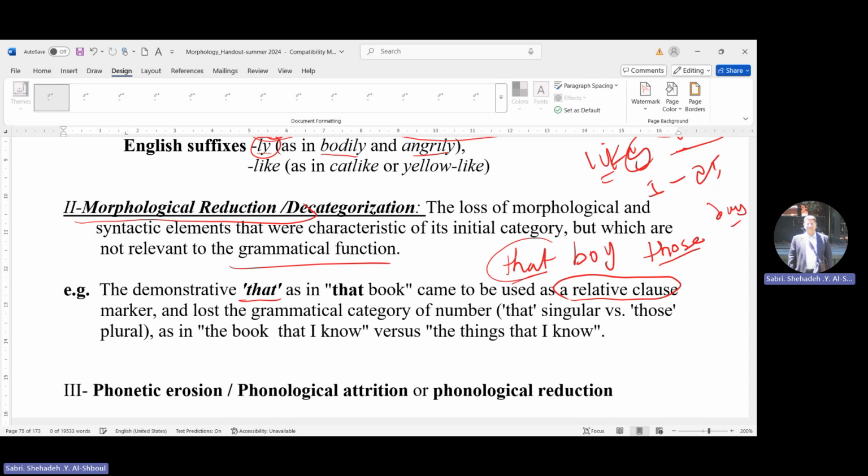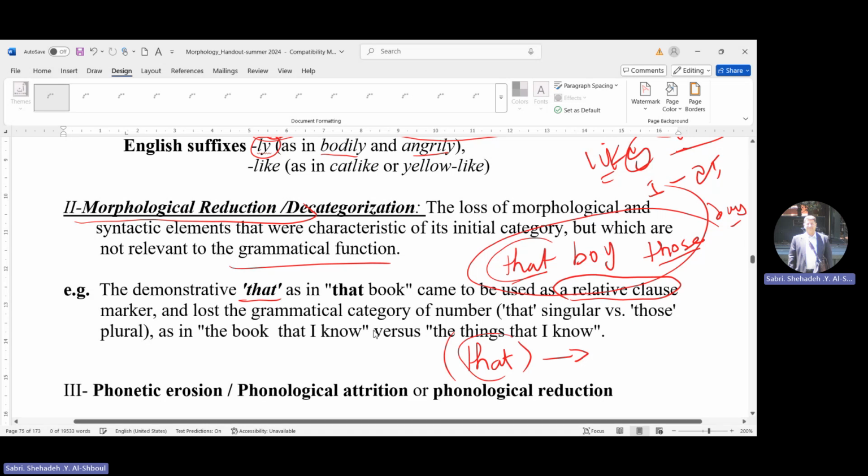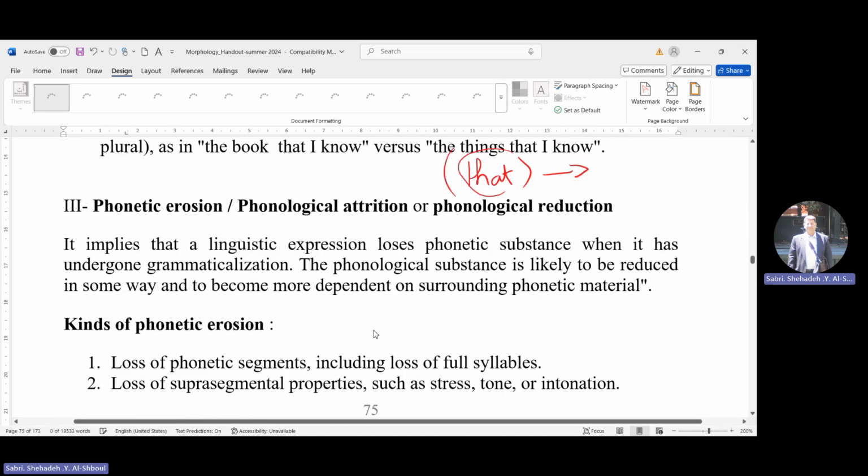So after being grammaticalized, we notice that the relative pronoun that has no sensitivity to number, gender, case, or whatsoever. It has maintained its form that with no change. So as a relative pronoun, it is that only with no changes at all. But as a demonstrative pronoun, it is sensitive to changes. So here we notice that it is a result of grammaticalization. Another mechanism